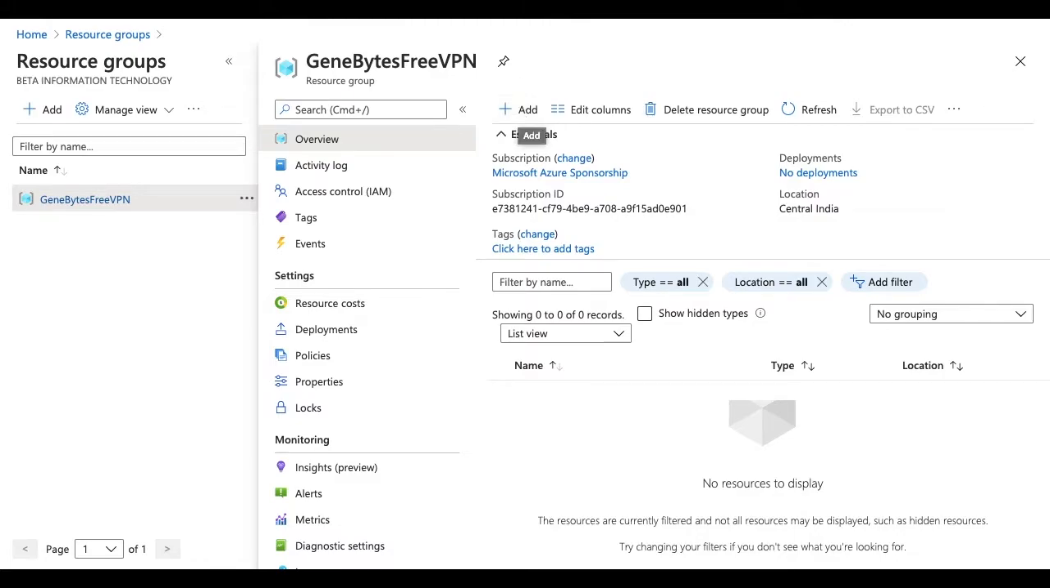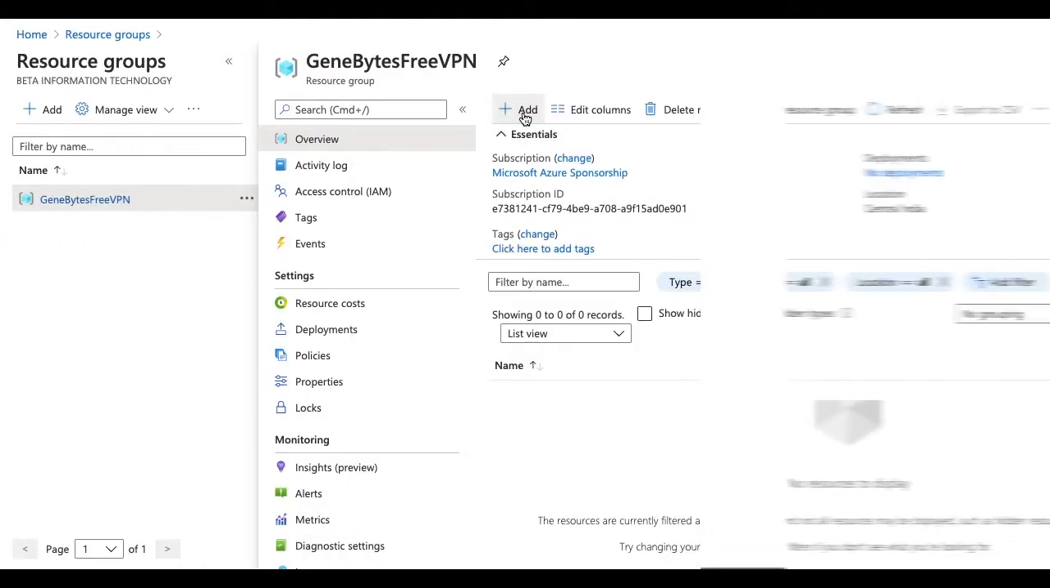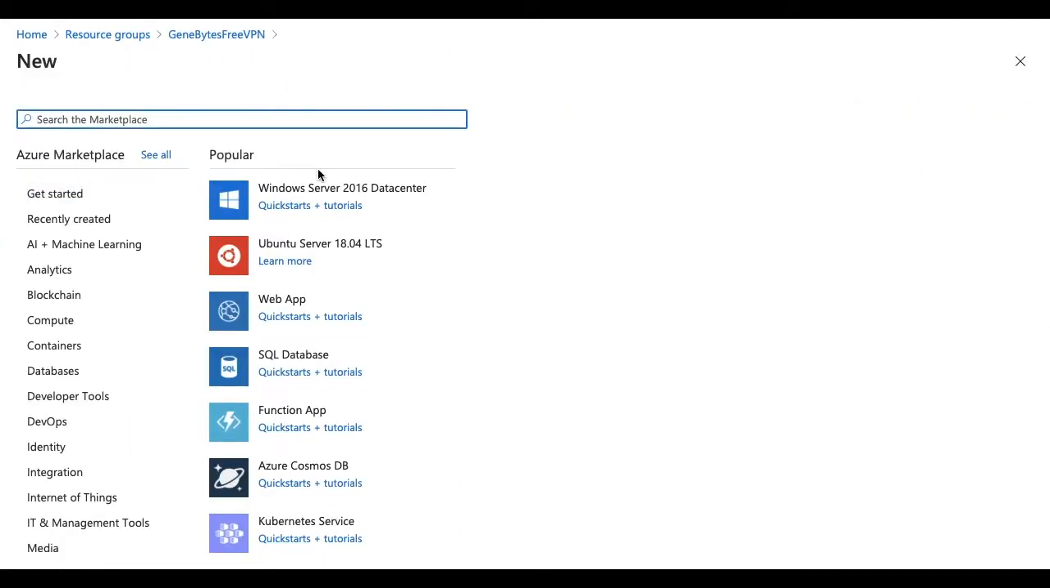This week I'm going to show you how to deploy a free VPN server in Azure. You need to pay only for the resource instances which are running under your server. So I'm in the marketplace now. I'm going to search for VPN server, OpenVPN,